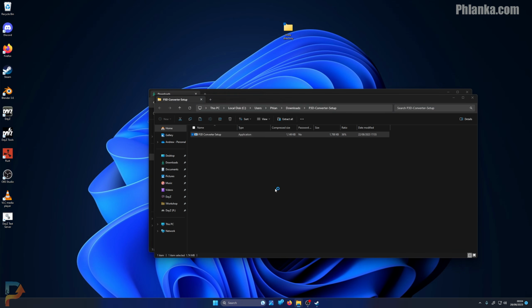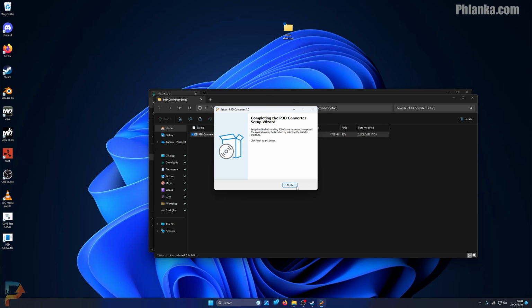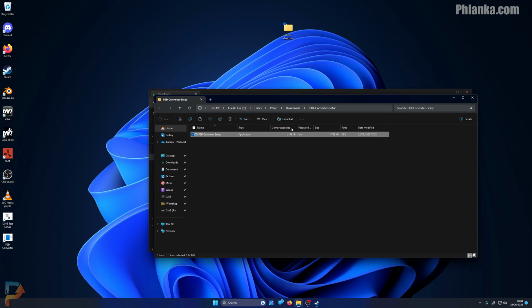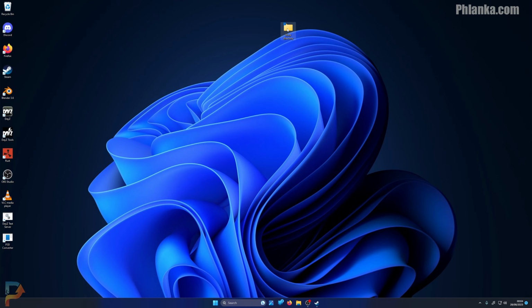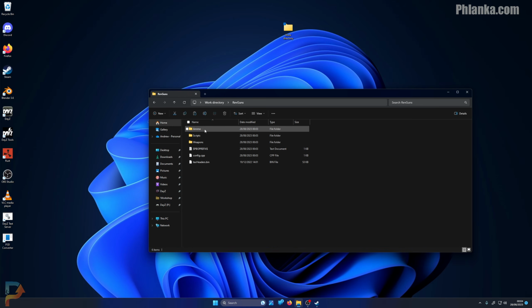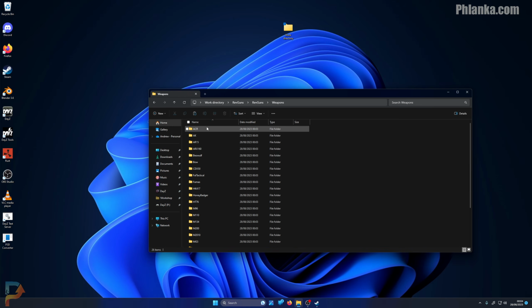Click more info, run. It should ask you to install it. So install, finish. That was very quick. Now if I close this folder and this one, let's go back to the work directory. I should have kept it open so I have to find the actual weapon again. So